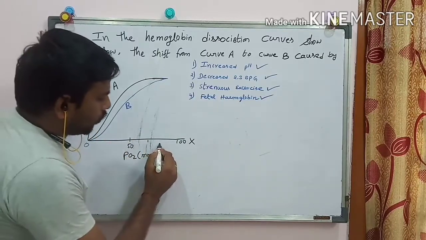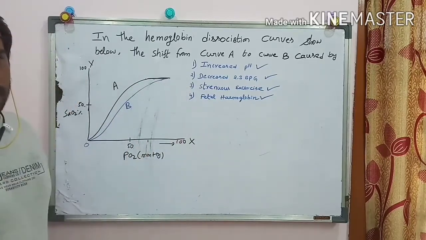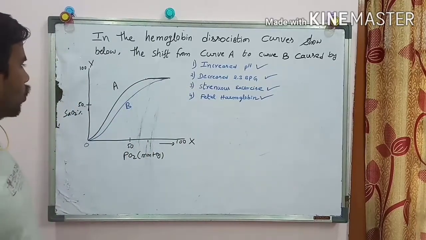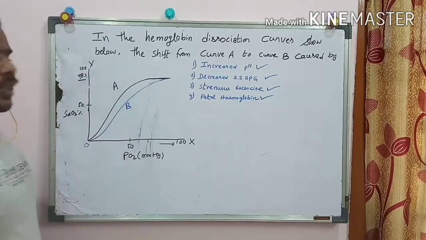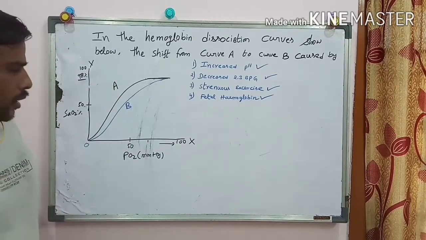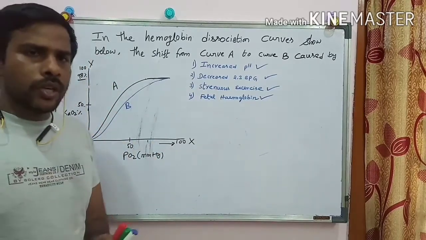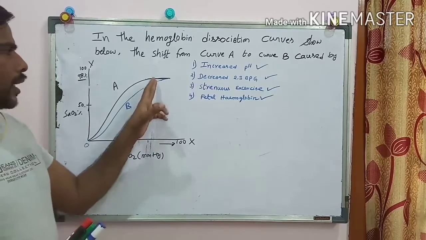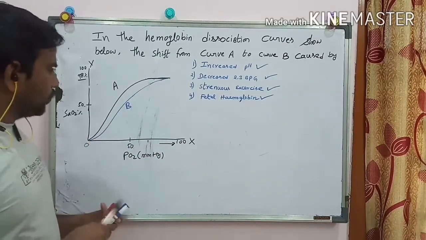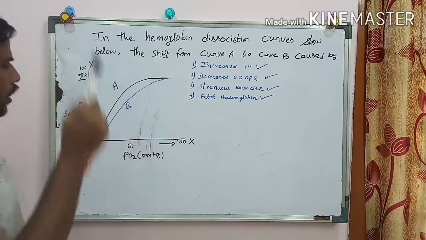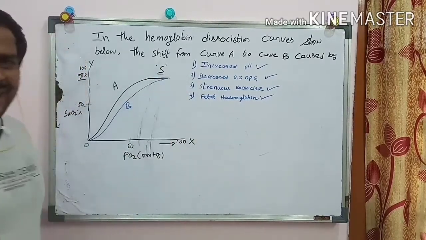After that, even if you keep increasing the PO2, you cannot find any increase in the saturation. Now all the molecules of hemoglobin are saturated. Roughly 98% of molecules are saturated with oxygen. After that, even if you increase PO2, there is no further saturation, because at a certain point all are saturated. So that is the reason you get the S-shaped curve. This is called the S-shaped sigmoid curve.